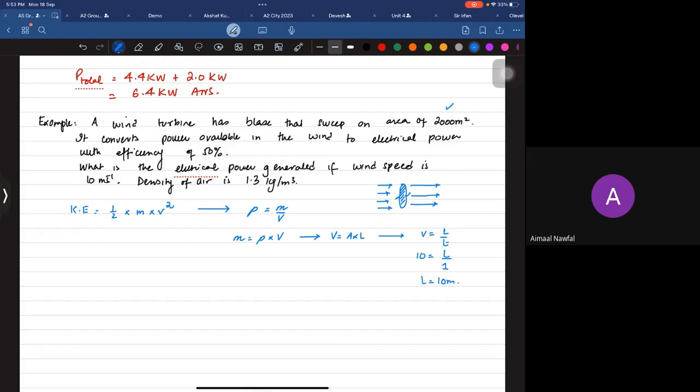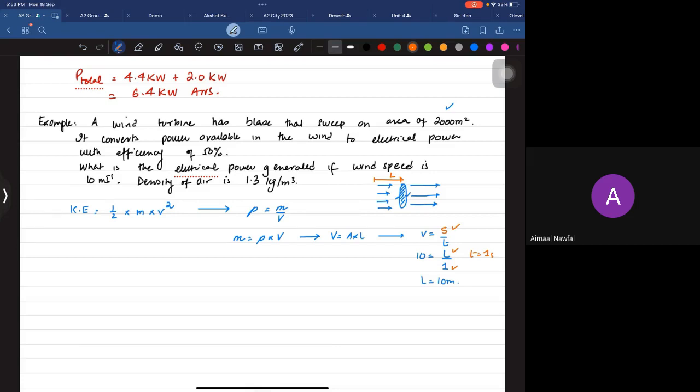Yes, sir. Okay. Once I reach a point where I have actually found everything, I'm going to go backwards. Yes, basically, Asma, it's displacement over time, right? So if this is air, air is basically moving. What is the length of air that passes through the blades in just 1 second? Do you get it? So the displacement will be length, time will be just 1 second. So 10 meters of length is going to pass.